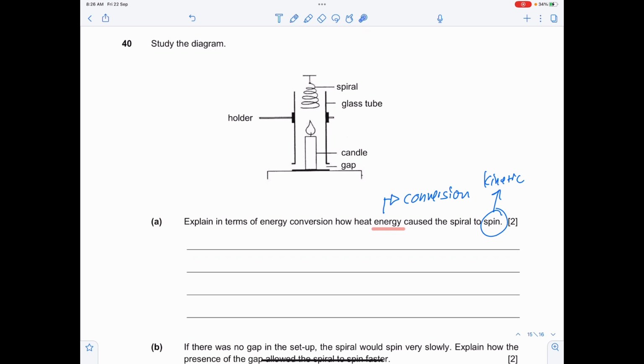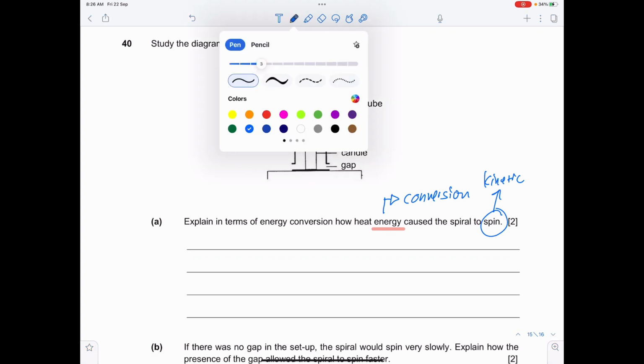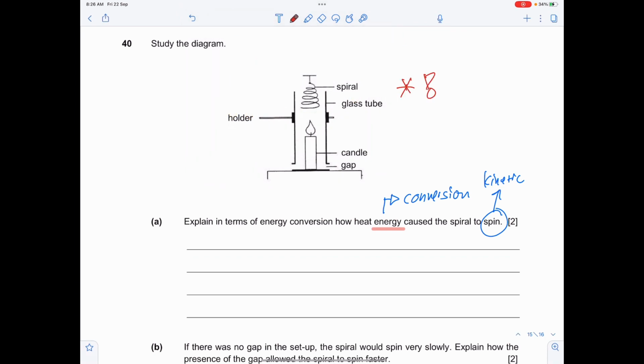Okay? So let's take a look. Now, in between here, there is actually air. Air is between the flame and the spiral. So what needs to happen is you need to tell me that the heat energy is converted to heat energy in the air. And because of this heat energy, the air will start to move. So when it moves, it will then touch or push the spiral, which then converts to the movement of the spiral. So when you are talking about energy conversion, and this is where many of you will make the careless mistake, you must tell me the location